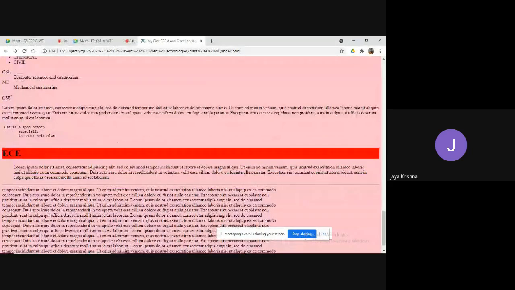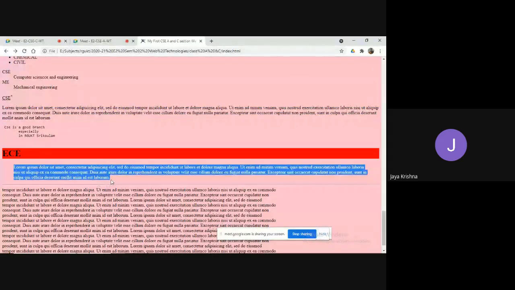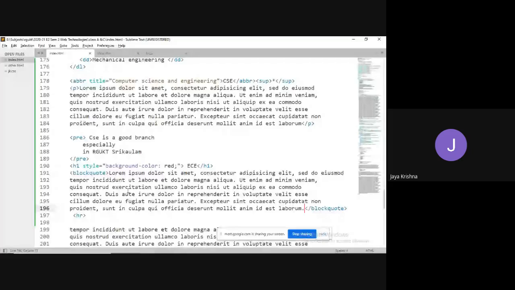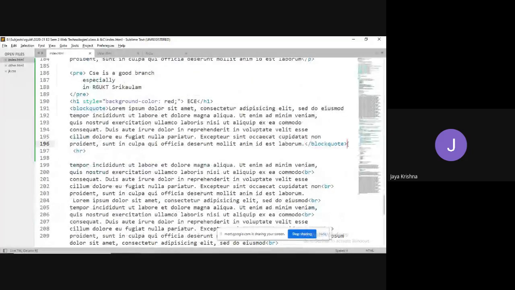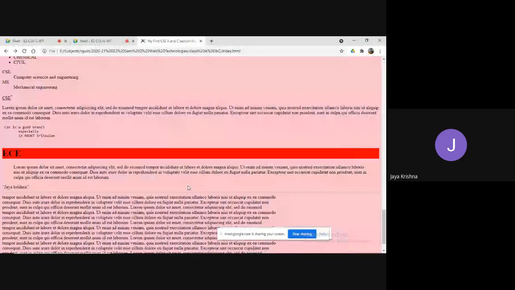So there is a difference between this data and paragraph data. Okay, fine. If you would like to display some data in the form of double quotations, then I can go for the Q tag. For example, it is in double quotations. Am I getting across?